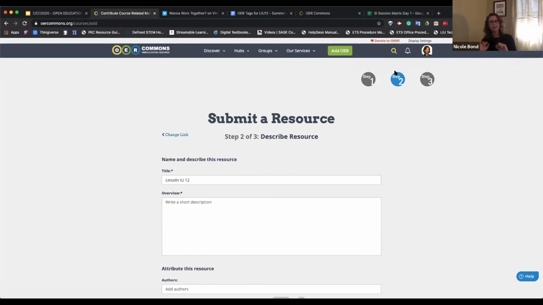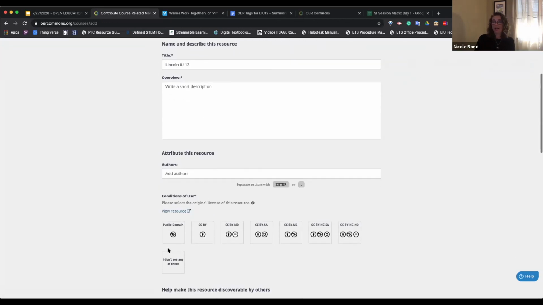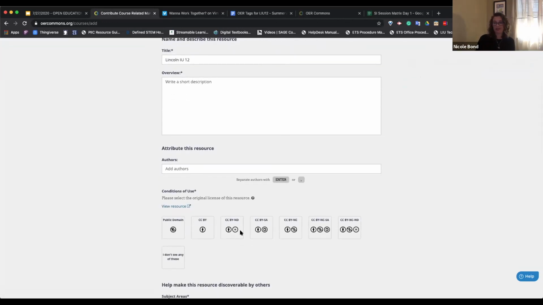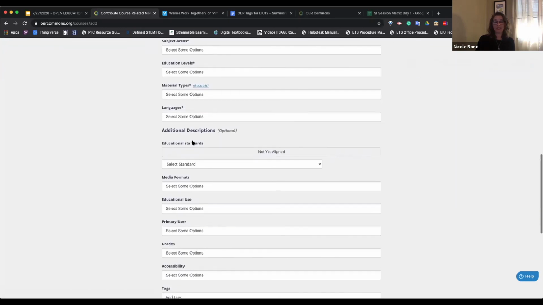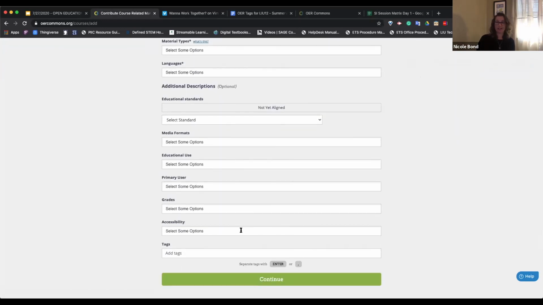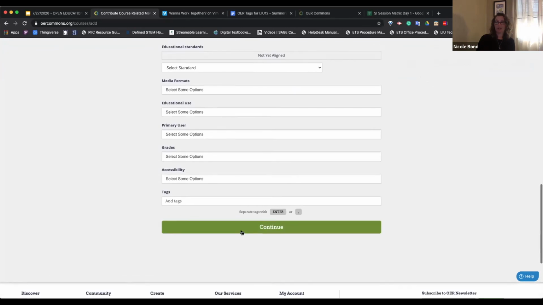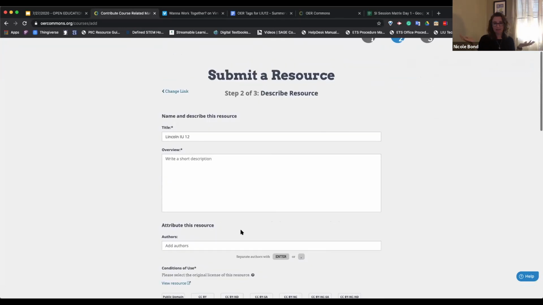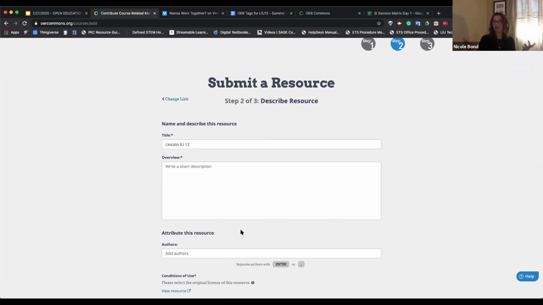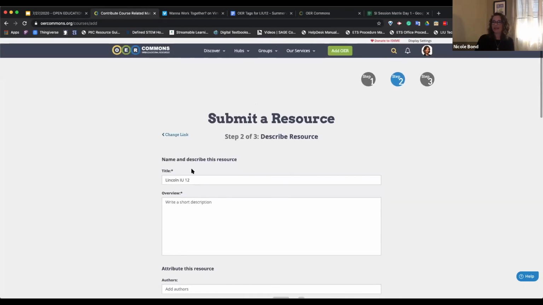I go in and just quickly look, hey, did they already stick this in OER? Somebody's put it in there. So again, it gives you this Creative Commons, the authors, education levels. It lets you already identify standards in it if you want, and tag it and everything. It's a little more comprehensive than just finding it on the internet. It takes a little more time to put it in there, but once it's in there, it's already aligned. Somebody else can pull it. It's really helpful. So that's the basics.